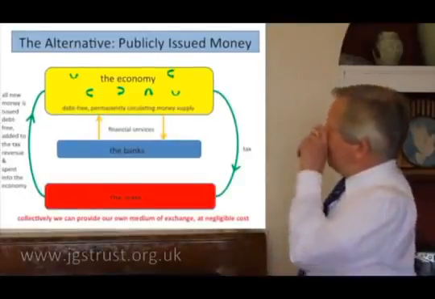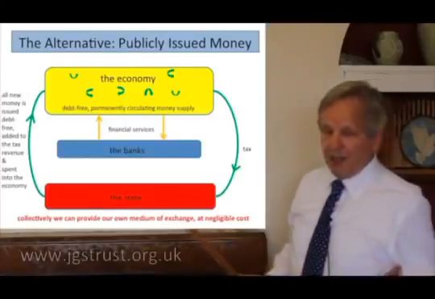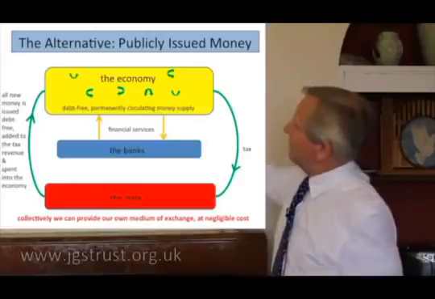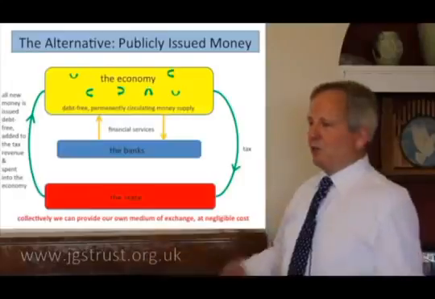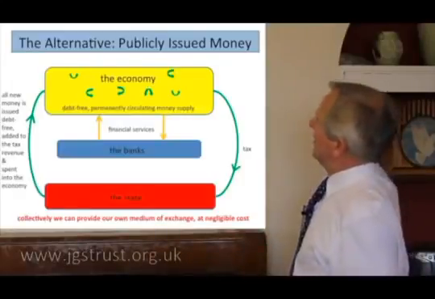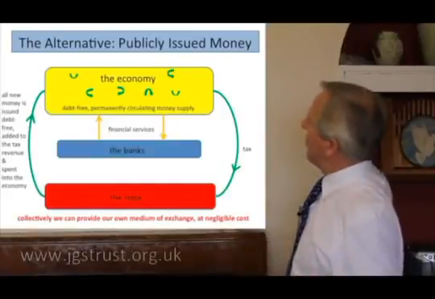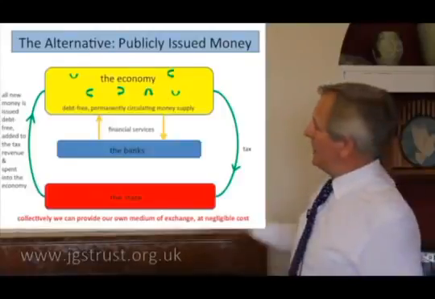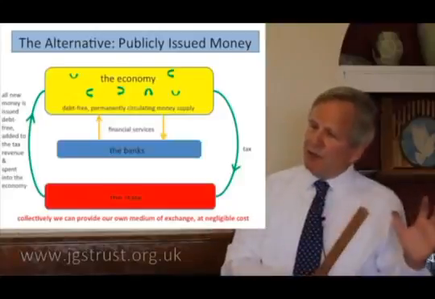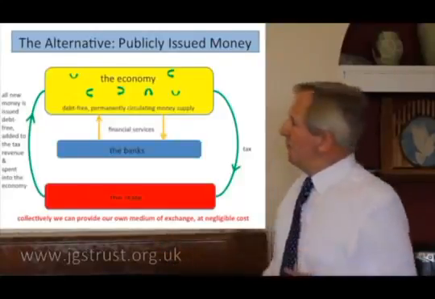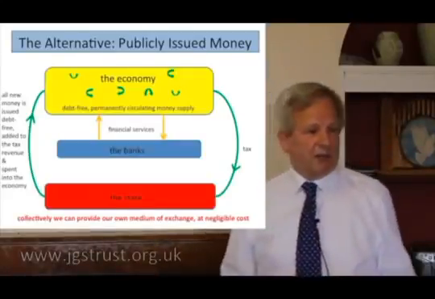What's the alternative? Well, we could do it this way. Here's us in the economy, and instead of using numbers which are lent to us by commercial banks, we could have our own numbers. We could issue them collectively, all of us. And they could be permanent. And the money supply could go round and round indefinitely as we conduct our business. Where would that sort of money come from? Well, it can only come from the collective, from the whole community of money users. You don't want any privileged minority doing it and making lots of profit out of it. Let's do it all together. We're all going to use these numbers, so let's have our own numbers.